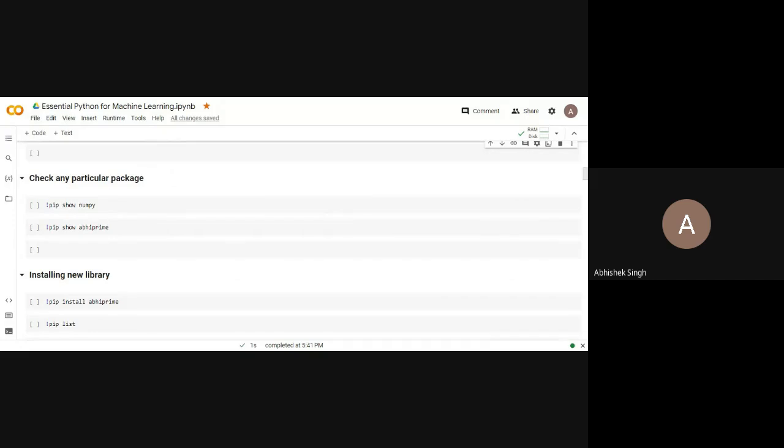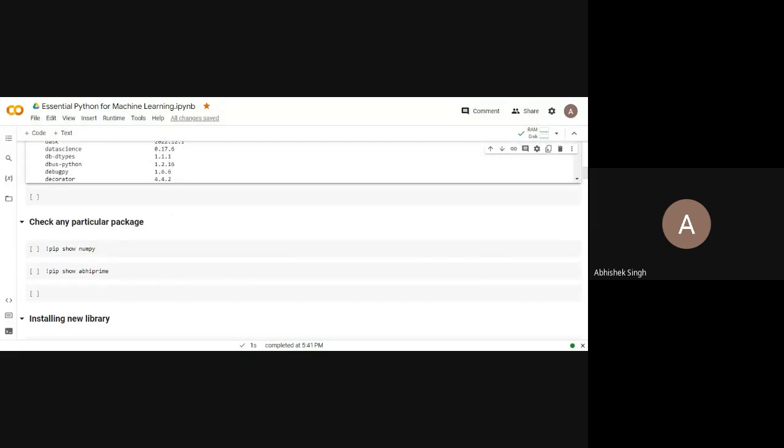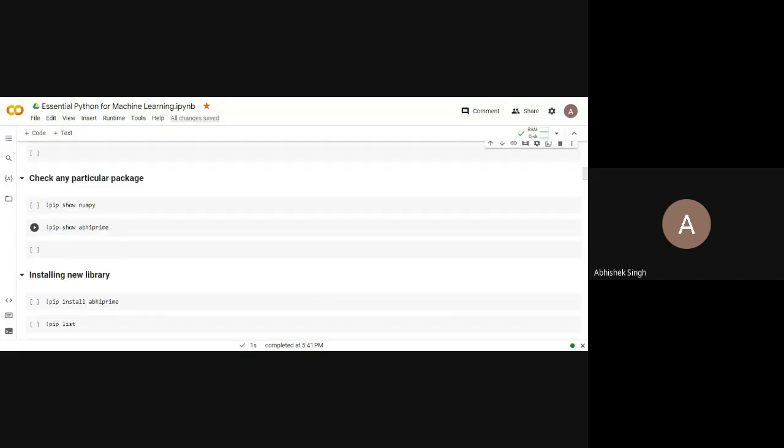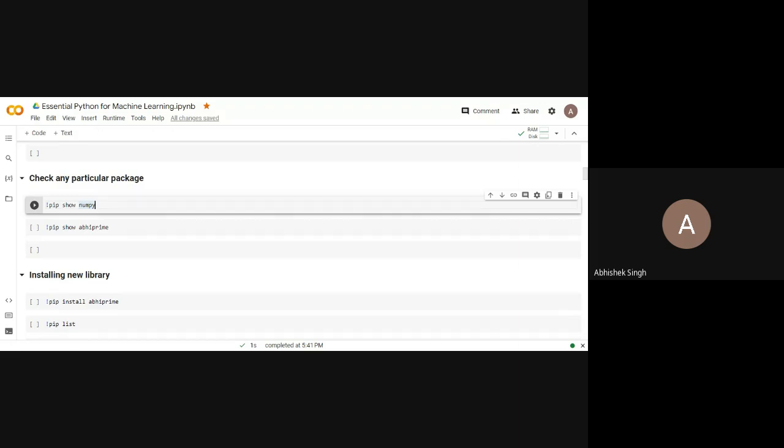Okay, so among all these different libraries and packages, suppose I want to check the version of NumPy here. The command is pip show NumPy, again with an exclamation mark. If you are using the VS Code editor, PyCharm, or a normal Python editor, then you don't have to put this exclamation mark.